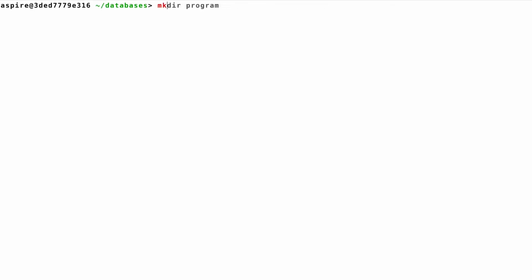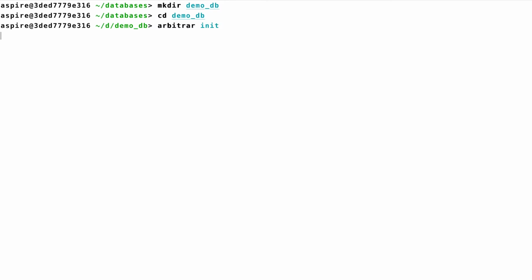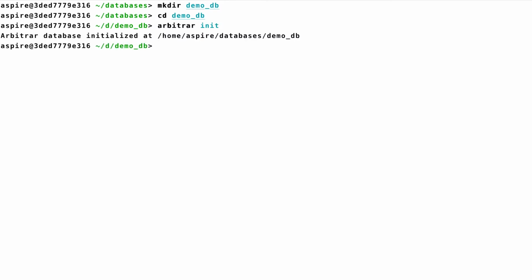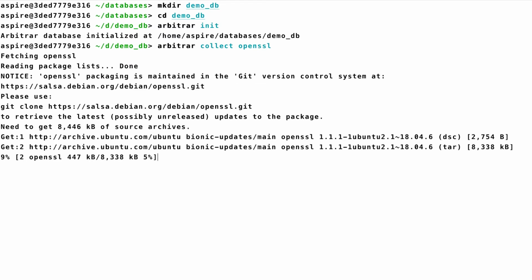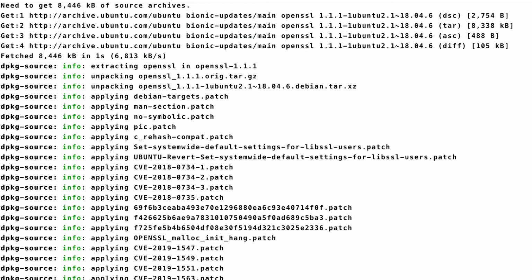We start using Arbitrar by creating a brand new database. We first make a new DemoDB directory. Inside the directory, we run arbitrar init to initialize a new database. Arbitrar can operate on any library and programs written in C or C++. For Debian packages, we have an easy command line interface where you can simply type arbitrar collect OpenSSL to add